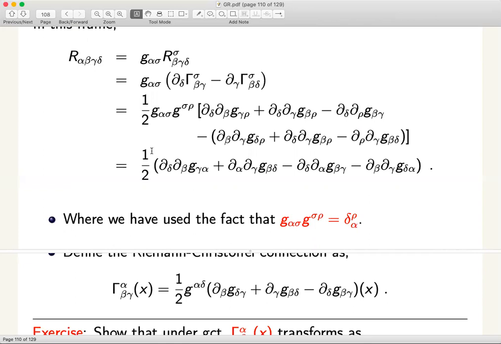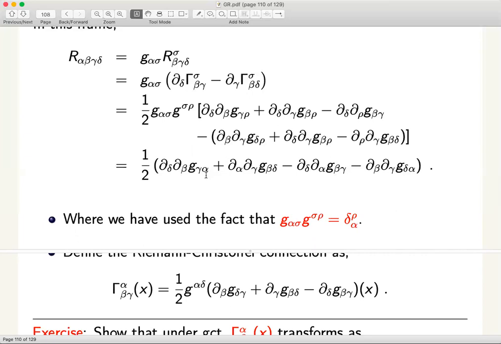Therefore, this last expression has to be antisymmetric under exchange of gamma and delta, and you can check that. It's not very difficult to see: for example, the first term will be related to the fourth term, and the second will be related to the third, under the exchange of gamma and delta. Besides that, you would also find that this expression is antisymmetric under exchange of alpha and beta. If you swap alpha and beta, then the relation is related to the term with a minus sign.